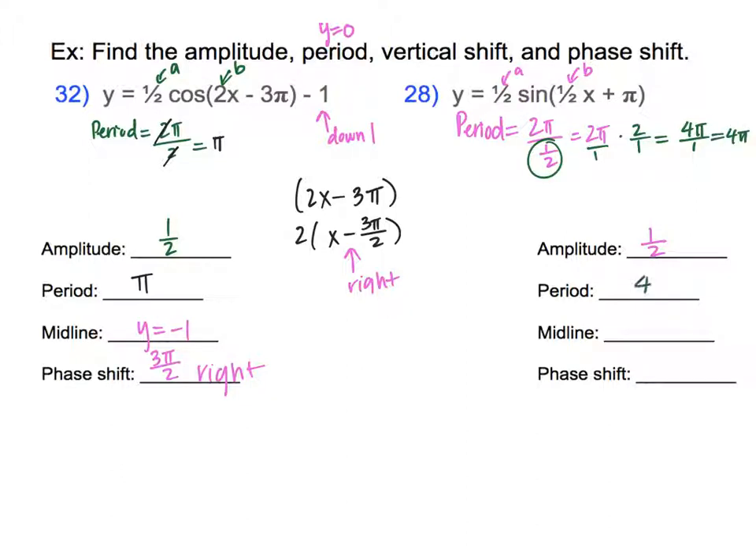So my period here is 4 pi, which means that if I were to complete a full cycle, it would have a length of 4 pi. The midline here doesn't look like there is a vertical shift, so this would still be at y equals 0. The phase shift, let's take a look. We have 1/2